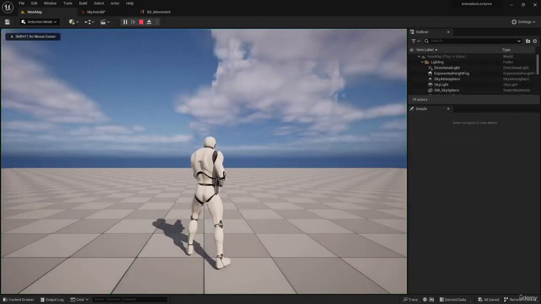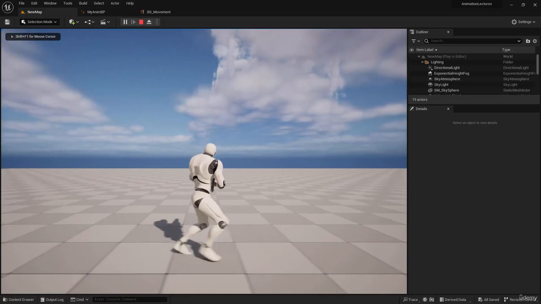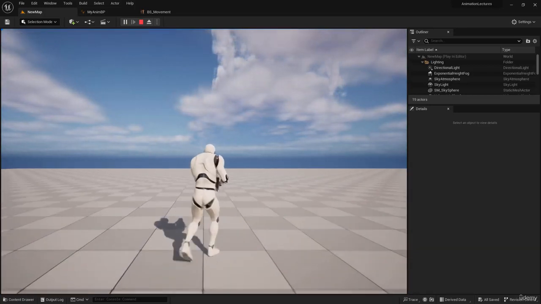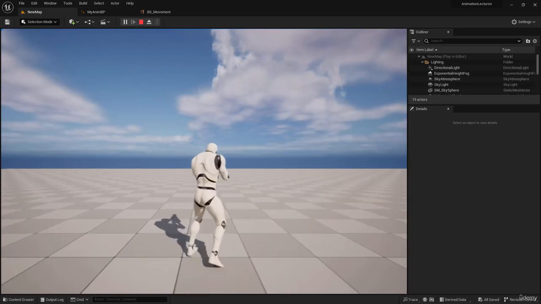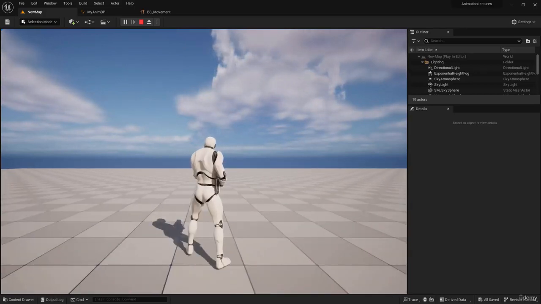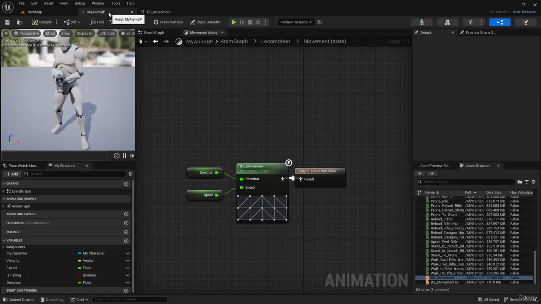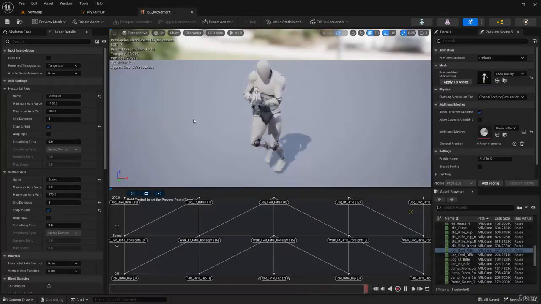So now the mesh is animating just as we saw in the preview, blending animations based on the speed and direction of the character. Alright, so now I'm going to close out the lecture by discussing a few of the remaining properties and settings of blend spaces. So in the Asset Details window, in the Input Interpolation category, the first property here is Use